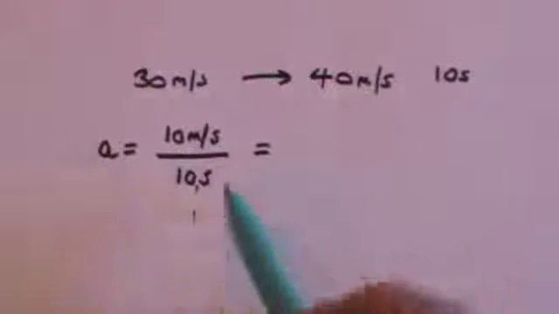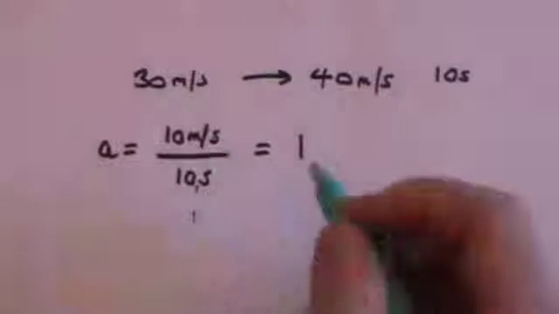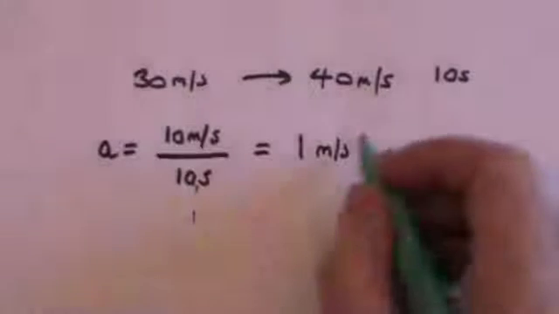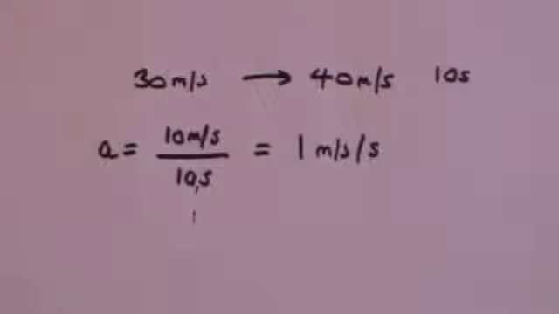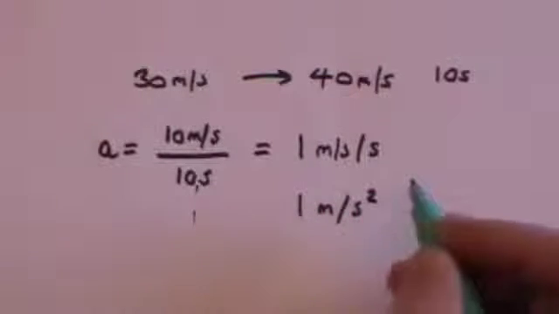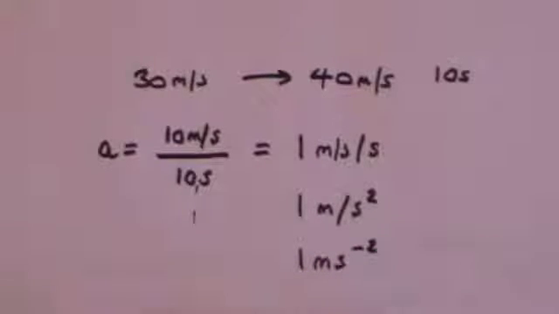So in this case, you've got 10 divided by 10, which is 1, and the units are meters per second, because that's what velocity is, per second. So it's 1 meter per second, which can also be written as 1 meter per second squared, or 1 meter second to the -2. All of those are the same thing, and they are the units of acceleration. So just to remind you, acceleration is the change in speed divided by the time it takes you to make